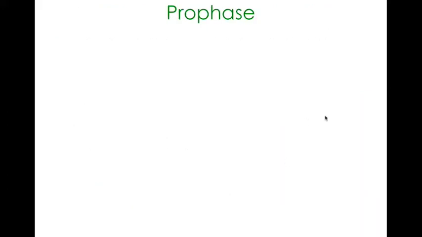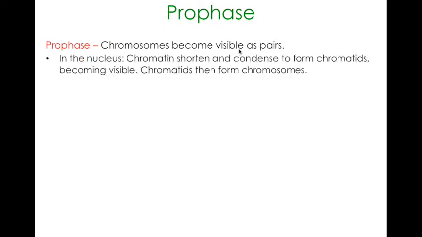Now, how these chromosomes move shows you which phase the cell is at during mitosis. Now, the first phase is called the prophase. The prophase is marked by chromosomes becoming visible as the pairs, as those X's that you typically see. So in the nucleus, the chromatin will shorten and condense to form these chromatids, and once they form the chromatids,